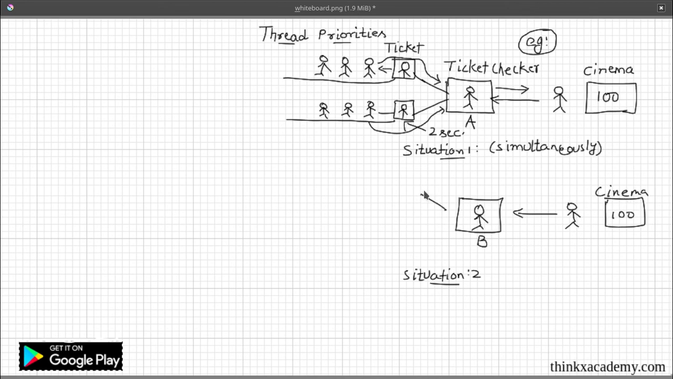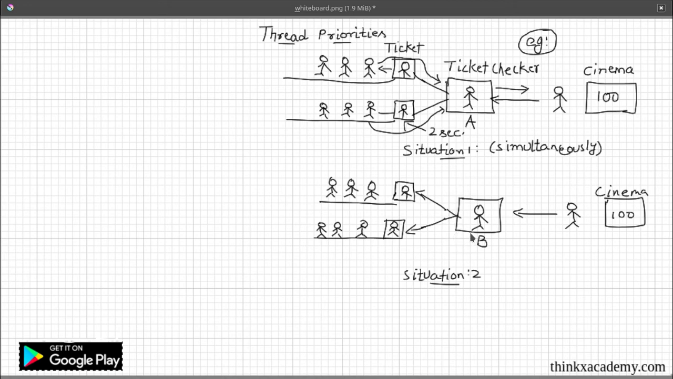So what this person B does, he also creates 2 ticket counters, just like in the previous case. These will also have some customers standing in a line, and this ticket counter will also have some people standing here in the line. Now this person B also